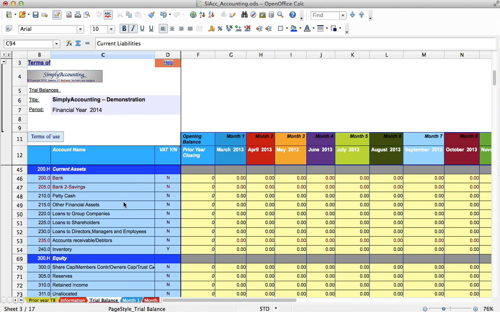Have no fears, change things, try putting a few entries through, have a look at the entries that are already there, have a look at the way it's structured, and as I say, you can't break anything. Go to town, do a few entries, and we will then see you when we do our next video, which will be about how to capture your transactions efficiently and